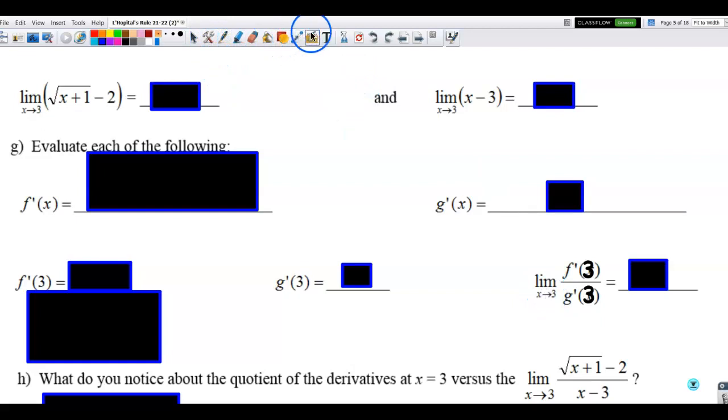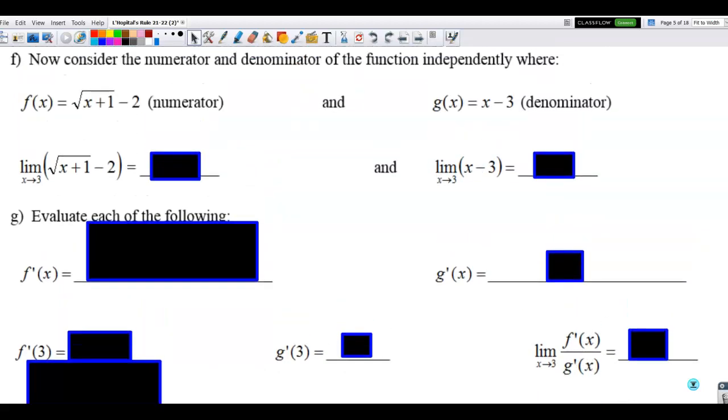No, actually, I don't want a 3 there. I had it right the first time. So ignore that, delete, and ignore that, delete. So I had exactly what I wanted. So we're all good. So notice what I've done here is in L'Hopital's rule, we're going to examine the numerator